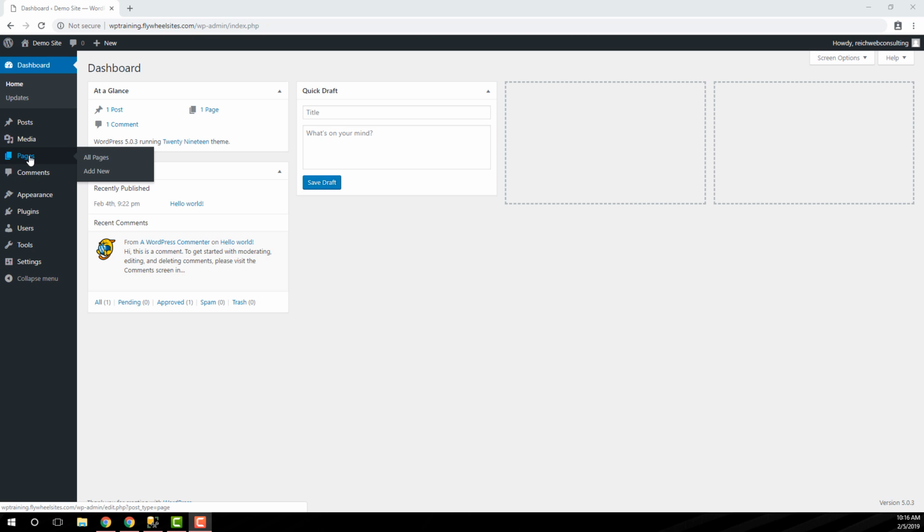WordPress is, at its core, a blogging platform. Now it's good for building any type of web page these days, but its roots were in blogging. Posts are basically what you can think of as a blog post or news post. Anything that you are posting frequently and you won't be updating into the future all that much. Your posts will display on an archive page on your website that displays your most recent blog posts. They are organized by categories and by tags. And these are the things, like I said, you'll be creating more of them over time if your website provides